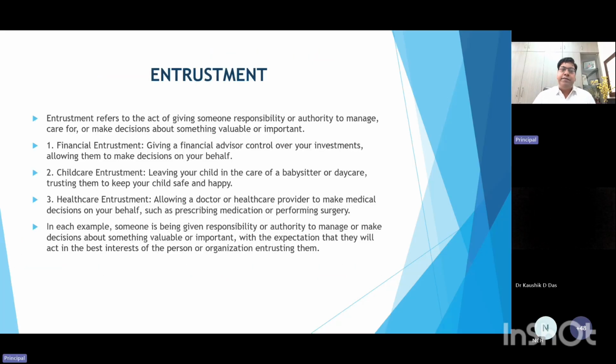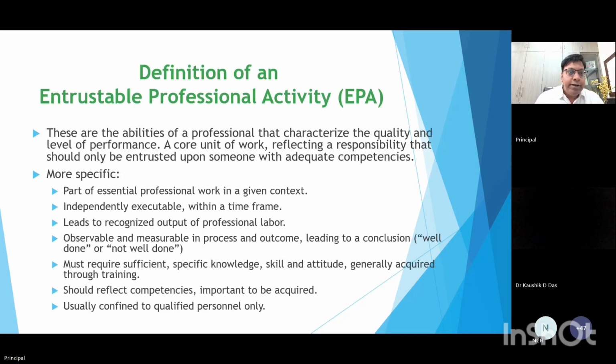This is entrustment. So you all know about this. So I will not be sharing it in detail because what is the definition of entrustment and what are the EPAs given in the homeopathic pharmacy, you all are very much aware about this, but today we are going to discuss how to implement them practically in our teaching methods and in our laboratories. Next, definition of EPA,